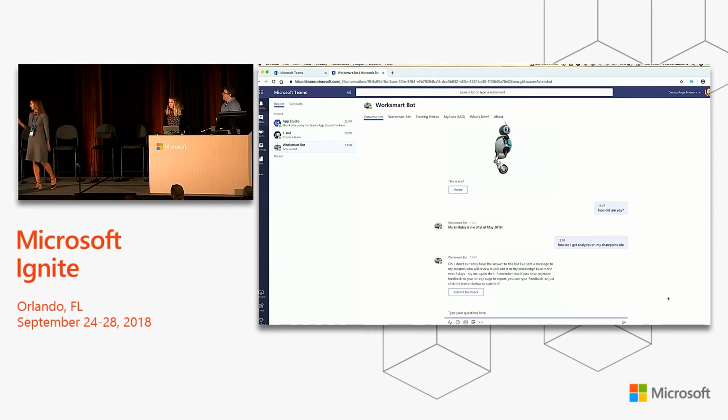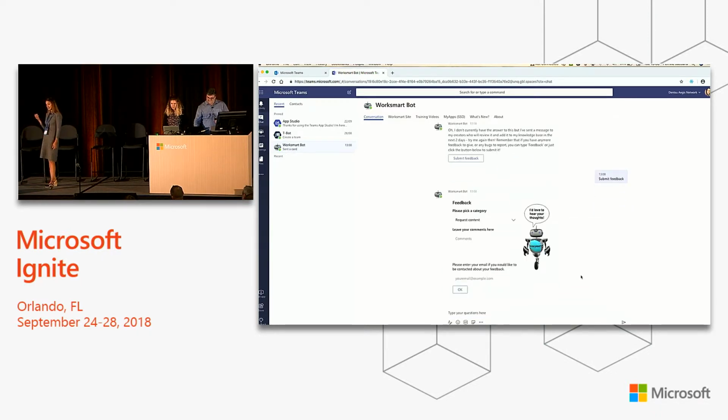So what we've done is we set the expectation that we weren't sure what the information they were looking for was. We've set the expectation that we've given ourselves 2 days to find that, because that's our SLA. Obviously, we have weekends. She's not just working on the weekends. And in addition, if you want to submit more feedback, and this is where we've brought in the adaptive cards.